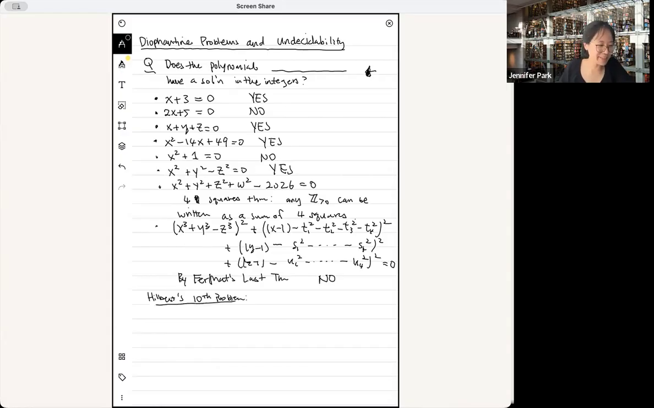Okay. And it literally just asks this question. Does there exist an algorithm? And for algorithm, I'm going to put a star here because we have to talk about what an algorithm is,